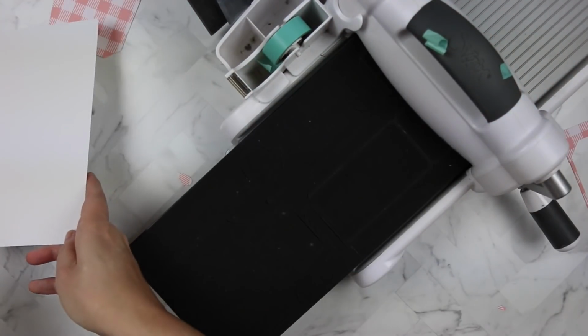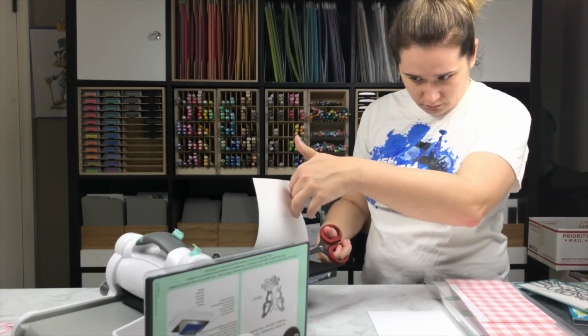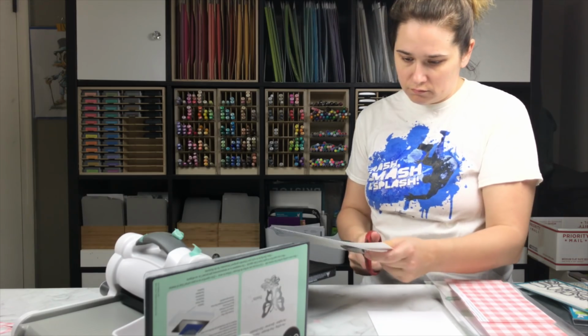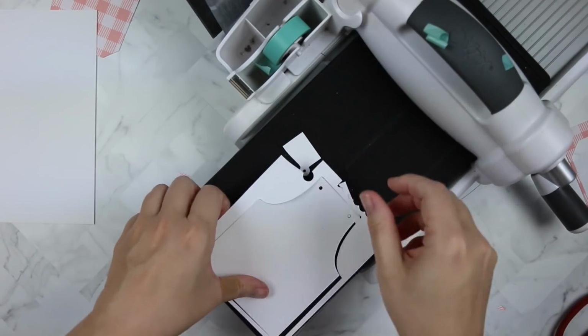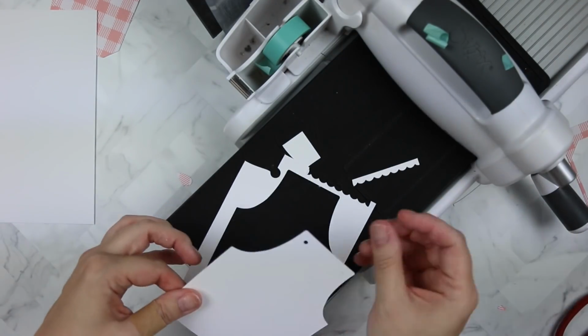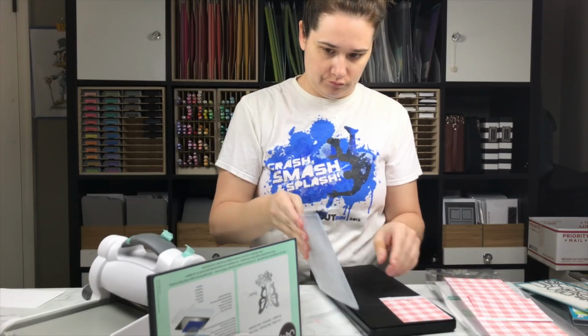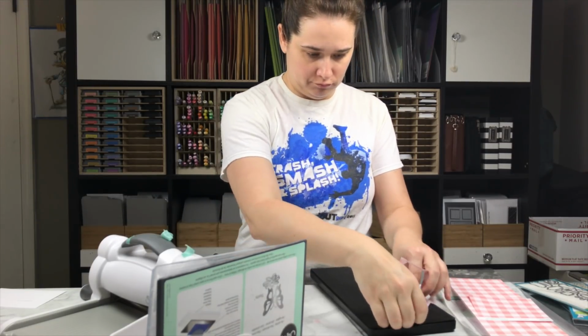And I'm cutting the sides in the Gingham by Lawn Fawn, the front in Neenah 110, and the back in Lawn Fawn Storm Cloud. So I'm just cutting out all my parts and pieces strategically so that I can put this gift bag together, possibly for a dad in my life. Maybe not for my husband, but for someone, some father is going to get this gift bag and they're going